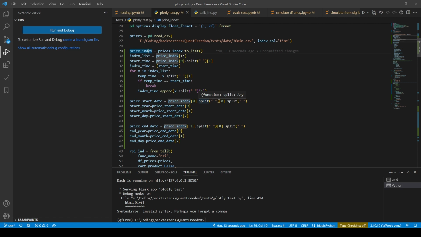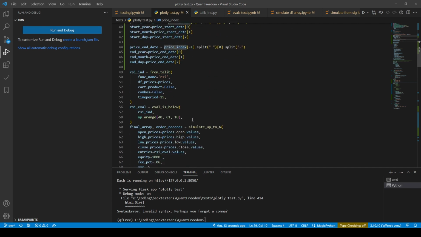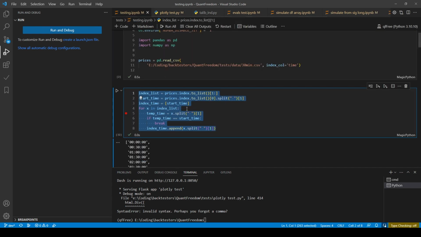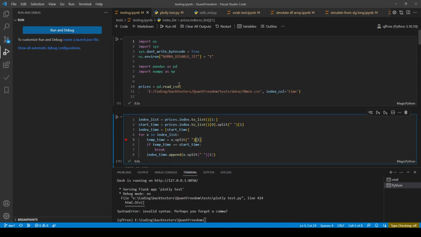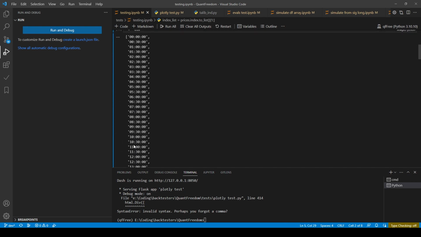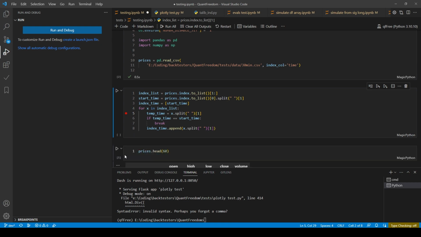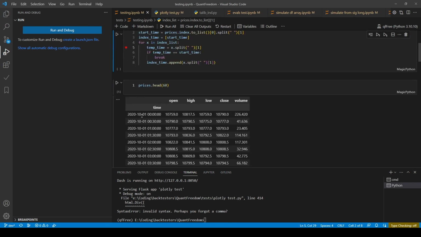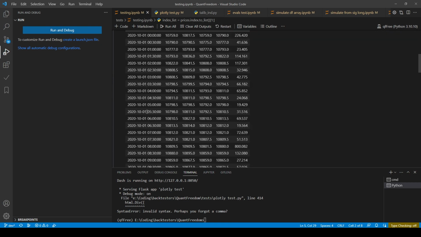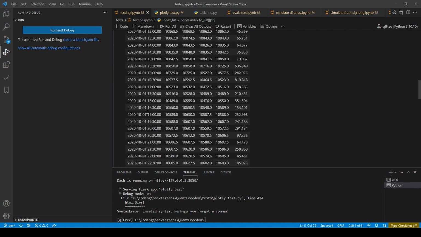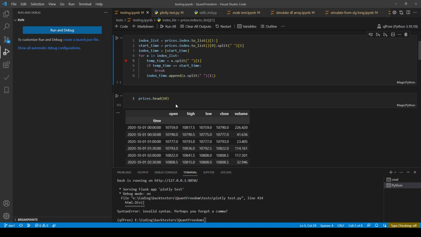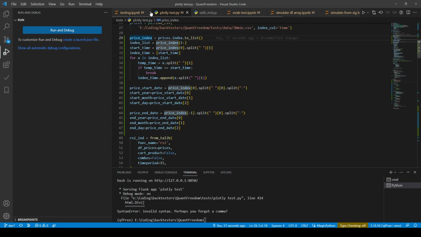Then I split that into 2. I grab the first one and then I split that into 3. And then here I set year, month, day, because that's the way it is. Right, because this, so it's year, month, date. Okay, so